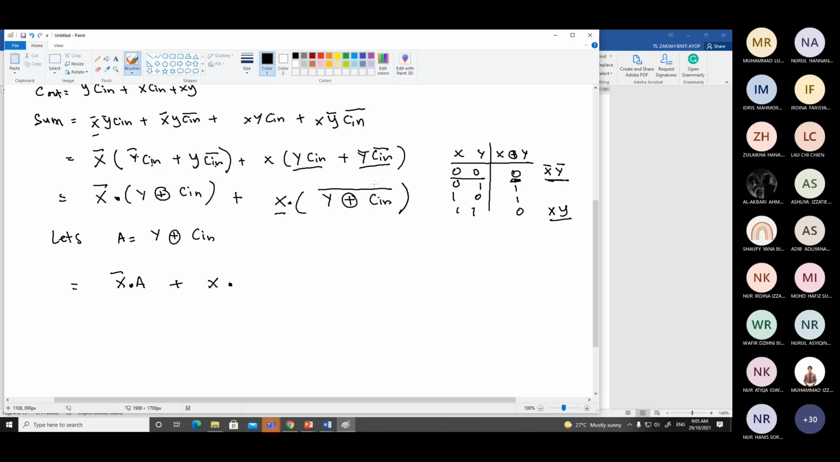Y XOR C in, the whole bar. So we can just represent Y XOR C in with A and then put a bar there. Okay, so now as you can see, this one is X bar A and this one is X A bar. So we can say this is X XOR A. Okay, so replace